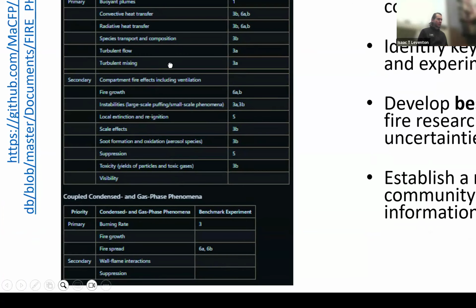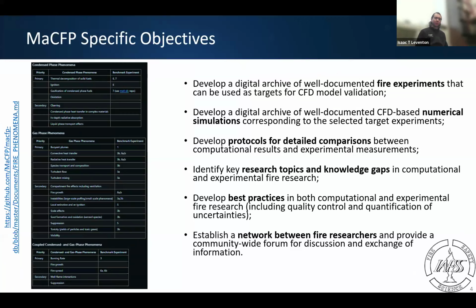As a group, we are developing this database of experimental measurements and corresponding model or numerical simulations of these results. It is a big effort to be able to compare between these data sets, so having the formatting there is important. Through this exercise, working together, we can identify what we are good at, what's challenging, and what more we need to study. So again, thank you all for being here. A big part of this effort is that network and being able to come together in a cooperative way.